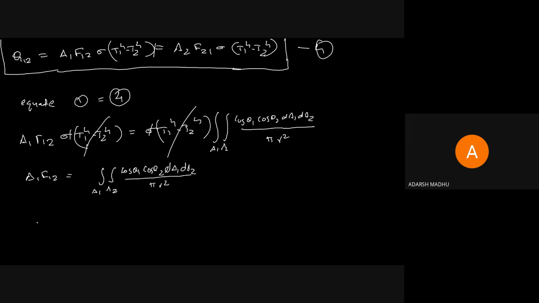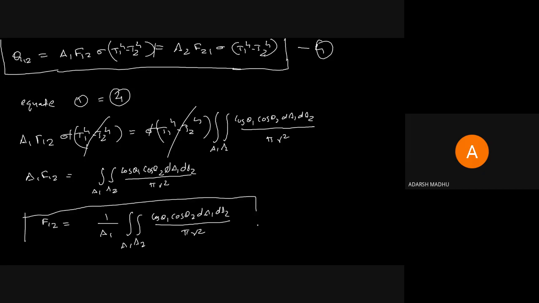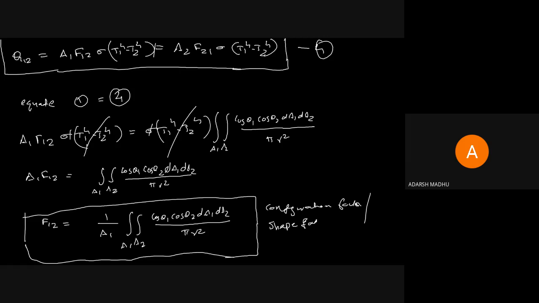So here we can directly find F12 equal to 1 by A1 integral of A1 A2 cos theta 1 cos theta 2 dA1 dA2 divided by pi r square. This is the equation for the configuration factor or shape factor from 1 to 2. If it is 2 to 1, then F21 is 1 by A2, so if we are equating this equation,